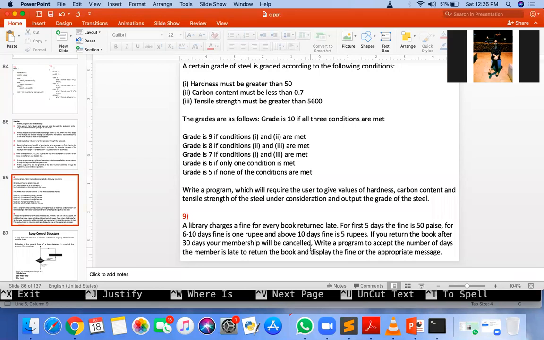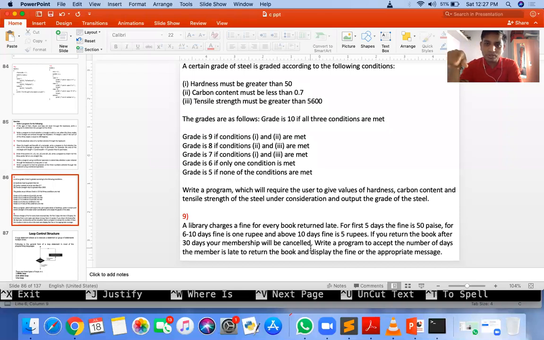For the first 5 days it is 2 rupees and 50 paisa, and from the 6th day onwards 1 rupee. So for the 6th day 1 rupee, 7th day 1 rupee, and 8th day also 1 rupee. So 3 rupees and 2 rupees 50 paisa, I think it is 5 rupees and 50 paisa.